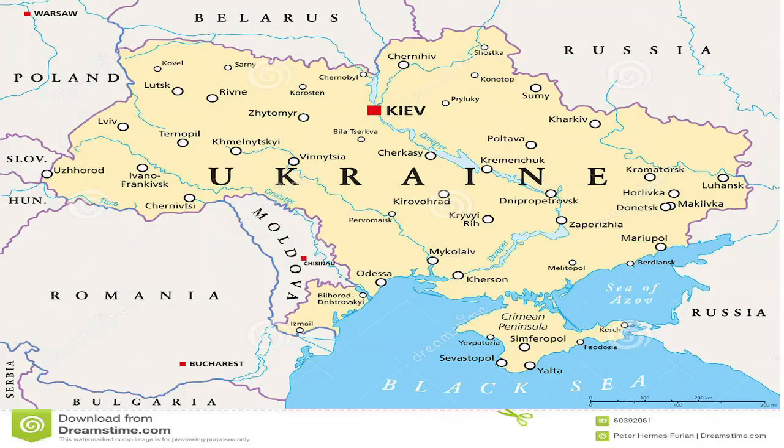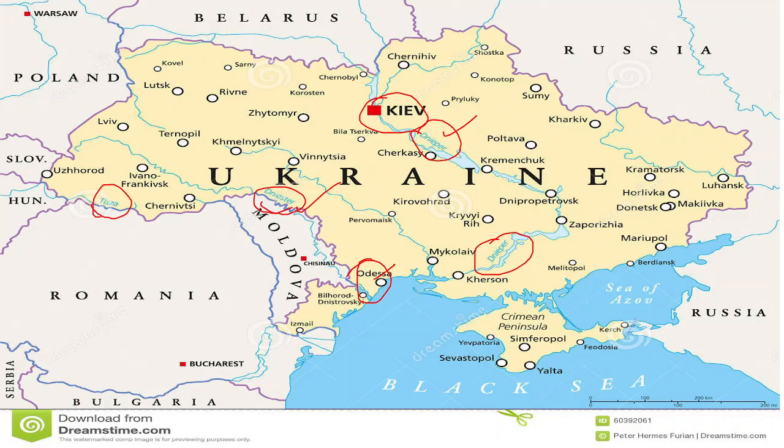So here is the rivers map. You can see the Dnieper River, which is coming through Kiev. This is also an important river. And here you can see the Dniester River. Here is the Dnieper, here is the Dniester River, Odessa port, Dniester River. Apart from that, you have the Tisa River.